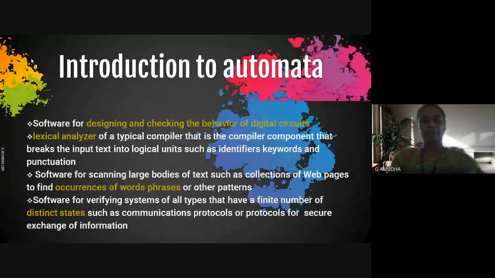If it is def, it should have a space followed by a keyword where you are defining a method. Or if it is an if condition, then you have to have some set of statements, else you can have some other set. Likewise you are giving configurations. That is specified in the first phase, the lexical analyzer, where your input text is separated and specified as tokens. For that we are using this automata.